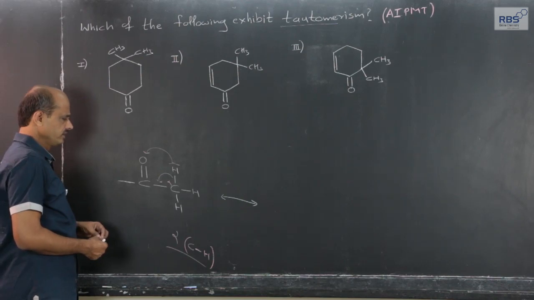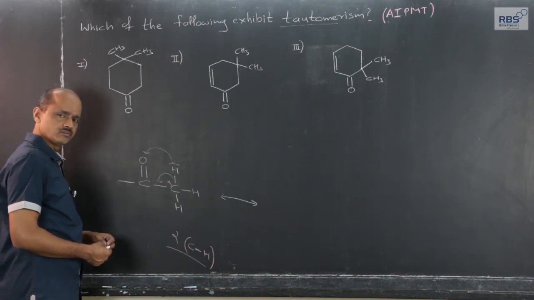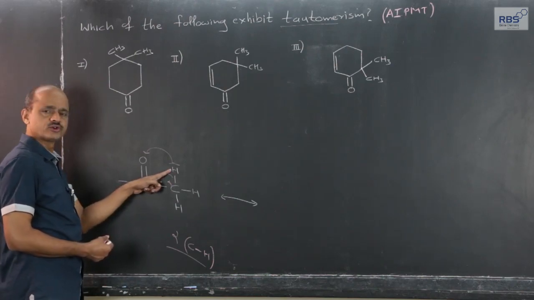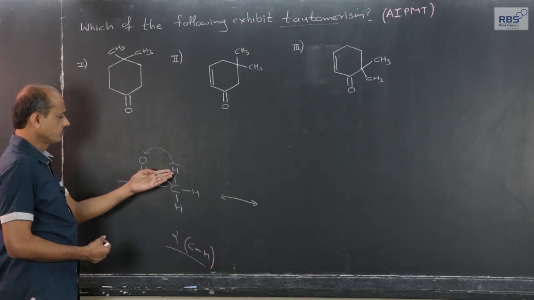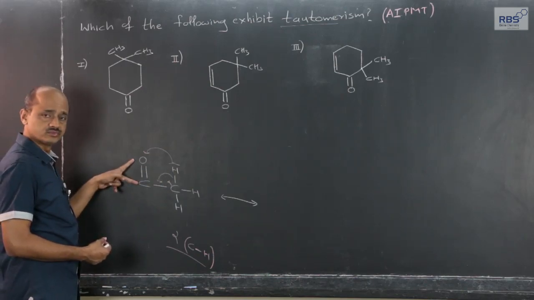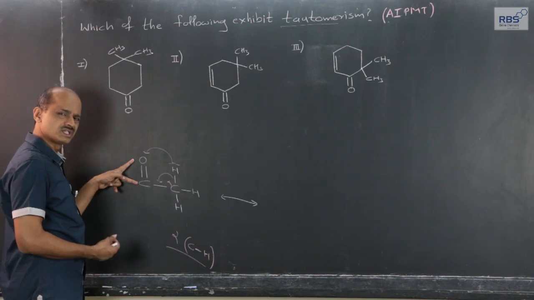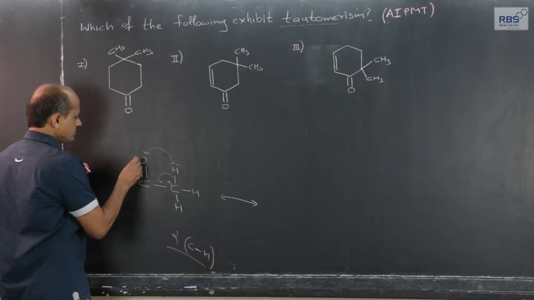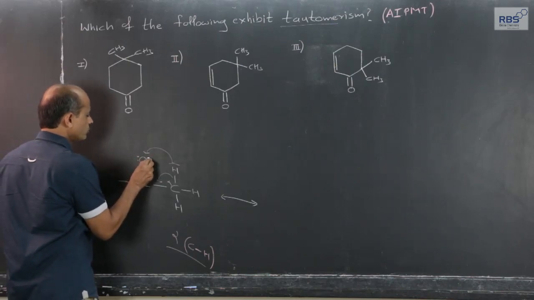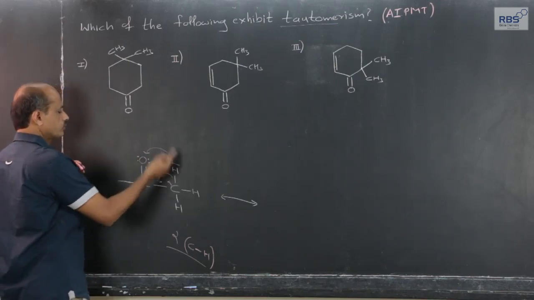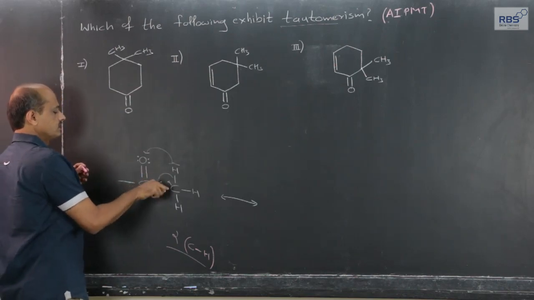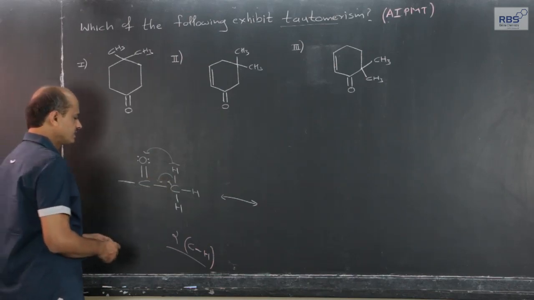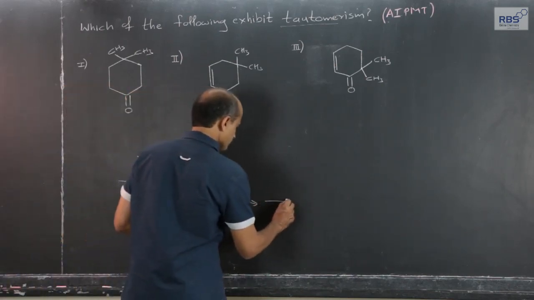Now, we will not go into the detailed mechanism, it is not difficult. The alpha hydrogen atom is acidic because of the carbonyl group, like what we had studied in the case of aldol, a similar thing. The hydrogen in the form of H plus ion will protonate, and after protonation, the pi electrons will get transmitted here. So, it is a similar type of mechanism. Now, we will directly write, and therefore, what happens is this.